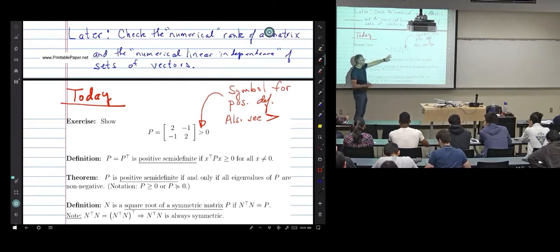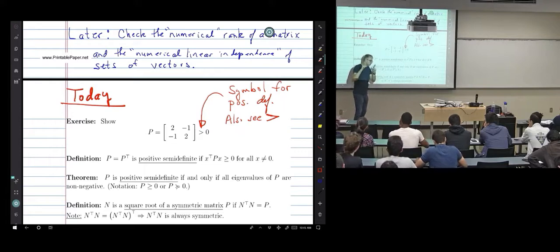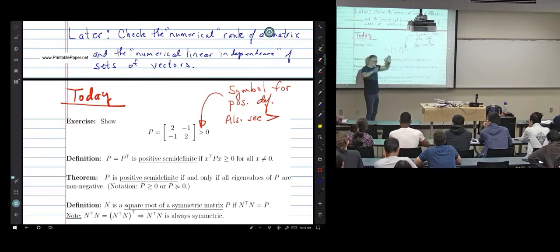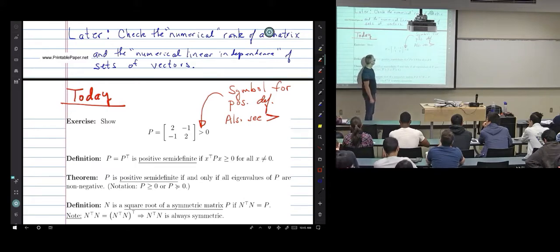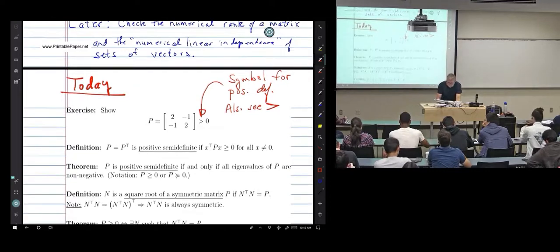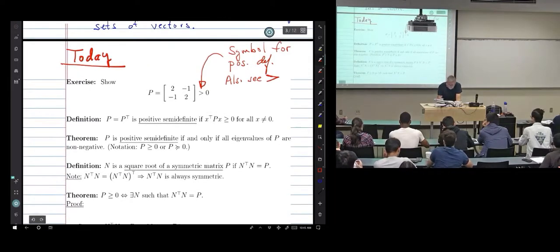The example is here in part to make the following point, so write that down. Positive definite does not mean all of the entries are positive, okay? Just to be clear, this does not mean all of the entries of P are positive. Okay, and just to add to that,